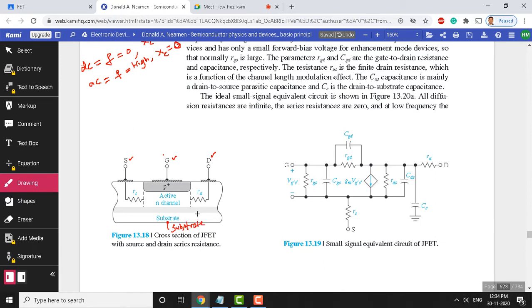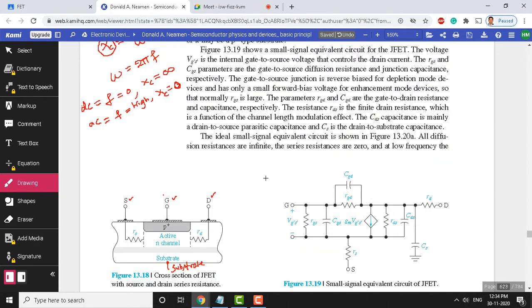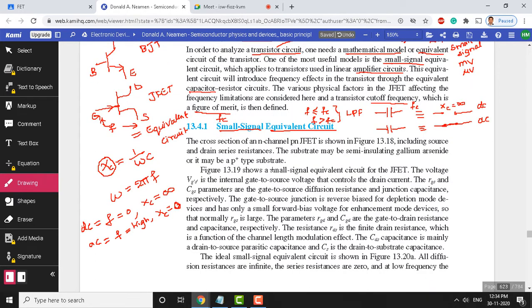What do we mean by substrate? Because all of a sudden we started here explaining the substrate. So far we haven't come across this substrate. For any device manufacturing, you remember in BJT also we talked about a background material. While explaining the BJT, we discussed the background material to make the P plus or PNP transistor. If you remember, I would like to draw your attention to this.